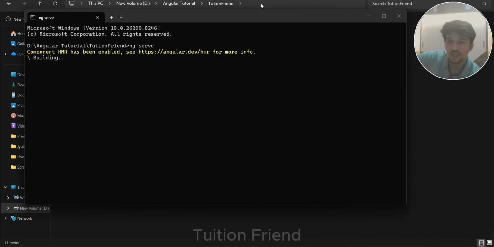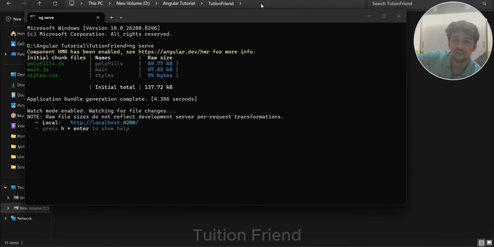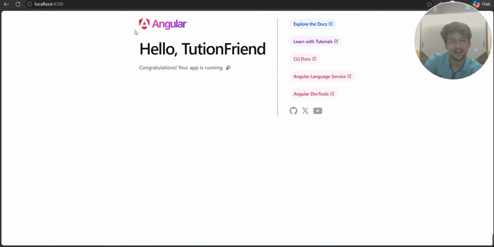Component HMR has been enabled. See angular.dev for more info on HMR. Press h to show help, no, it's not required as of now. But my application is running on 4200. React used to run on port 3000. A Spring Boot application by default runs on 8080. Similarly, our Angular application runs on port 4200. And I'll be opening 4200. You will be seeing an